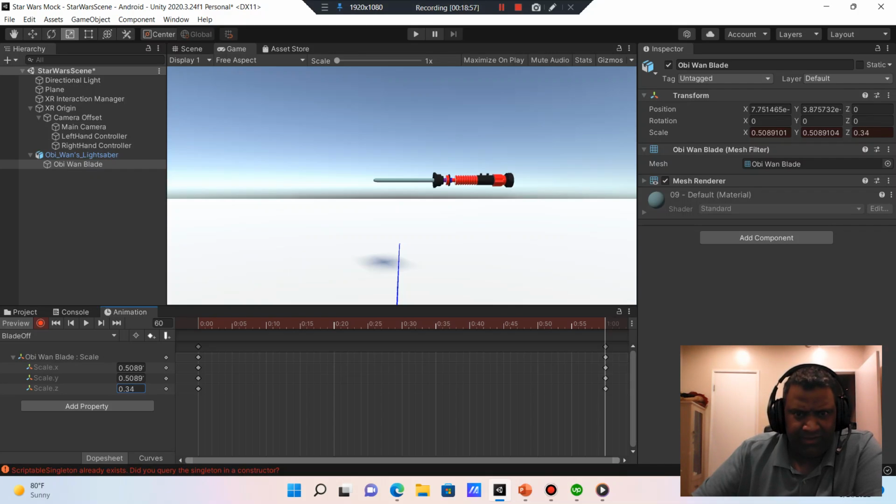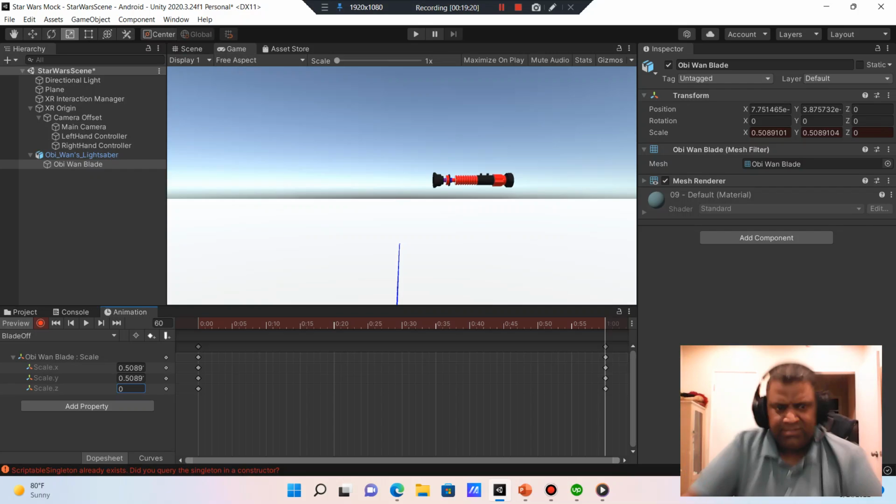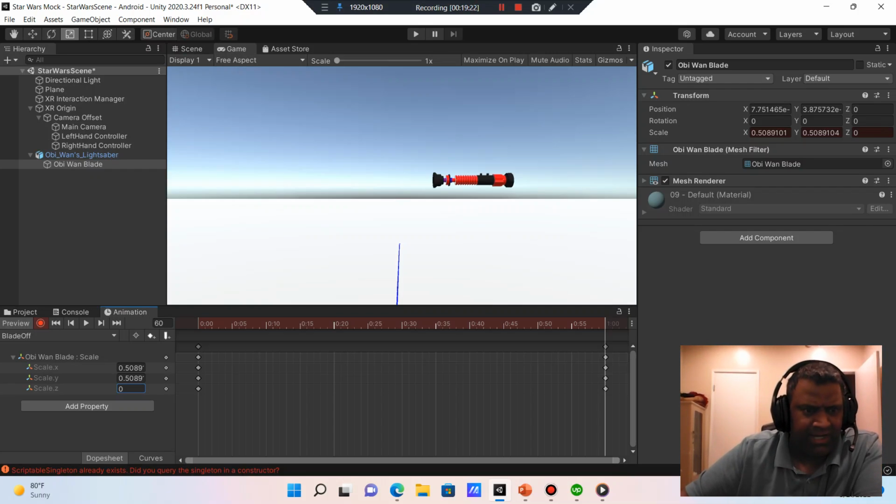Drag it to the left, so you don't see it anymore. So all the way the z-axis, because this is the z-axis, so that's 0. So if I stop the recording